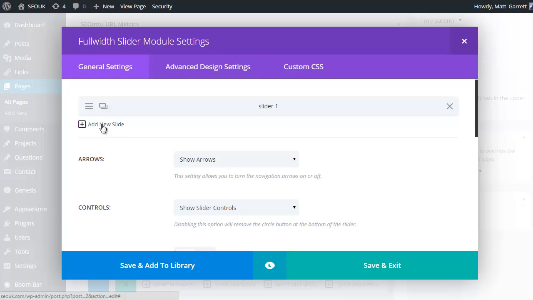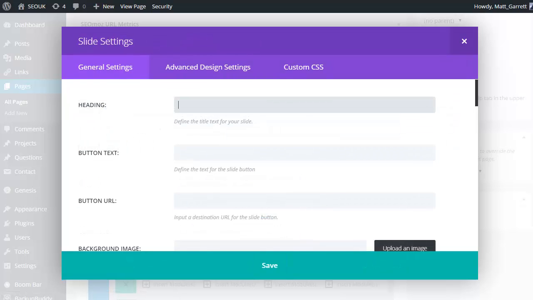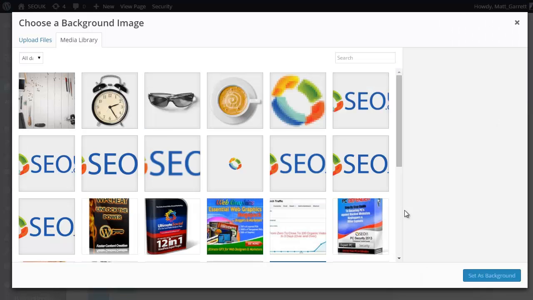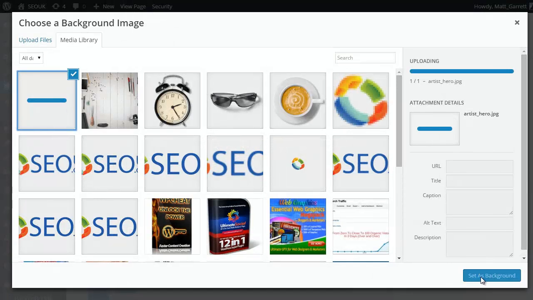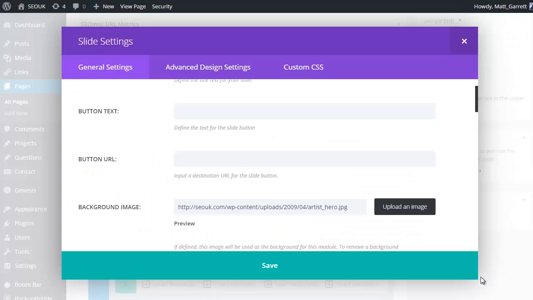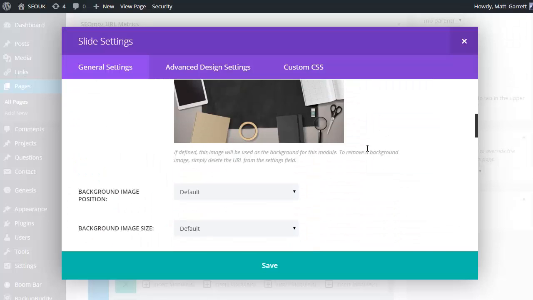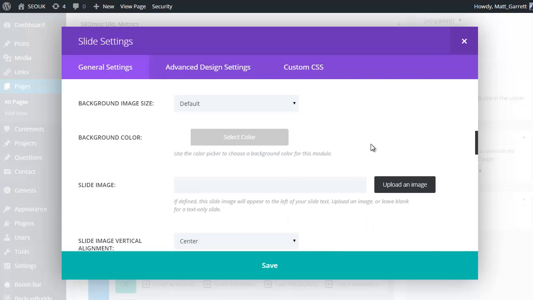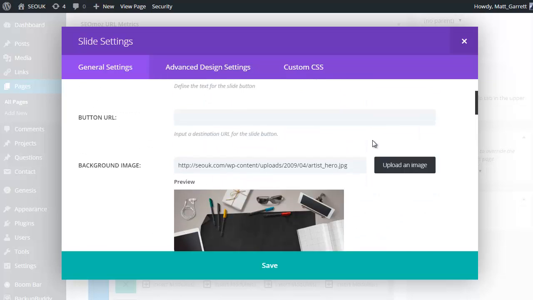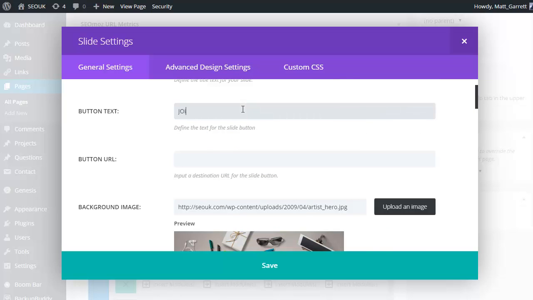Now what I'm going to do is add a new slider, and this time we're going to have a slightly different heading. Let's go with this, possibly a bit long, but there we go. Let's upload a new image. Let's go with this one. So this is a new background image. Click on set, and again we can have a, where we missed the button, button text, join today or join now. Obviously you can test different options, see what works best, and again let's put in our URL